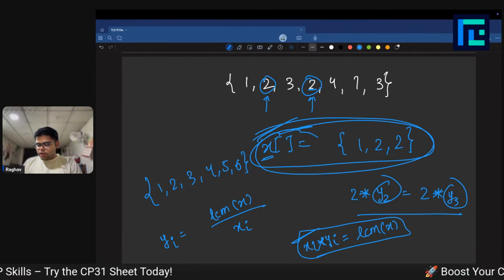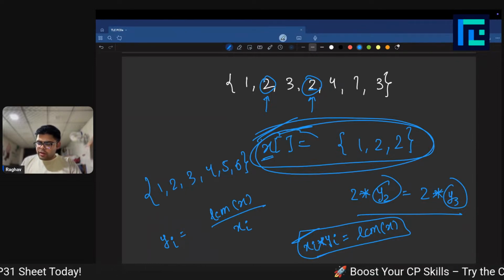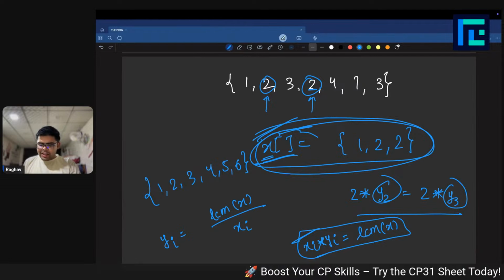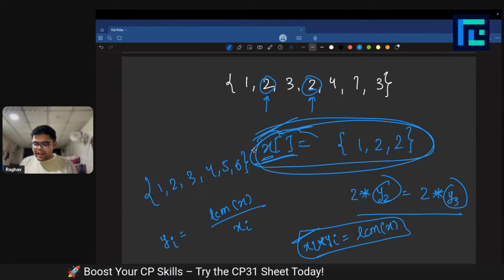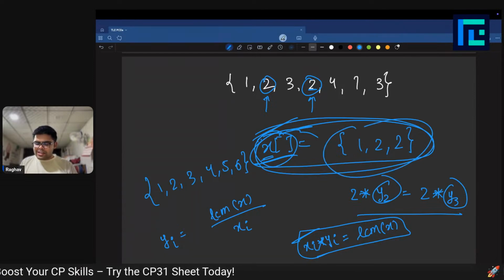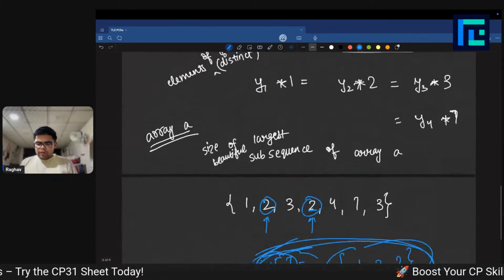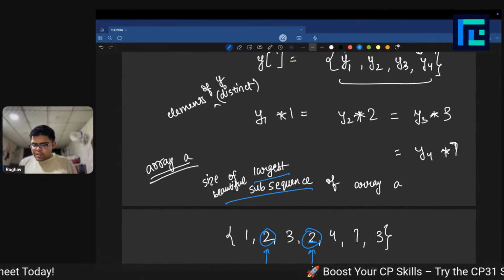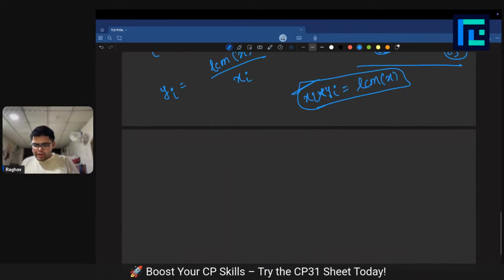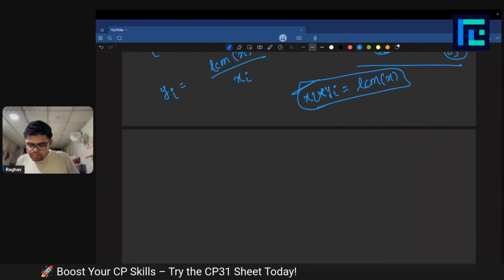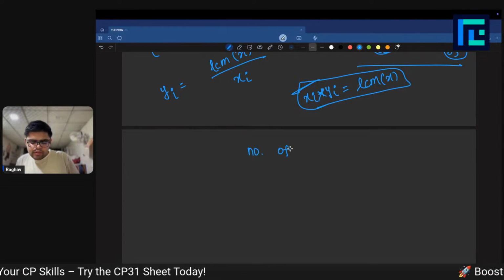So you can do something like this to make sure that if array X has distinct elements, then you will always have some array Y. So basically, array X would be beautiful if all the elements are distinct. So if you want to find the largest beautiful subsequence of array A, we are basically being asked to find the number of unique elements